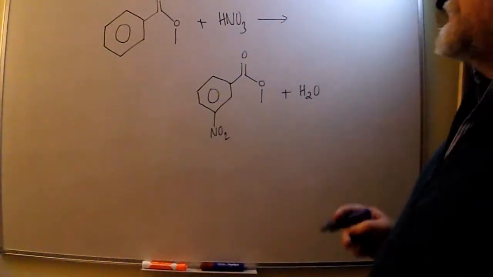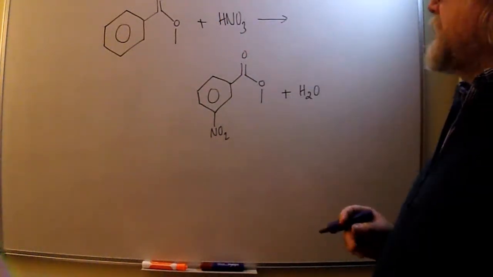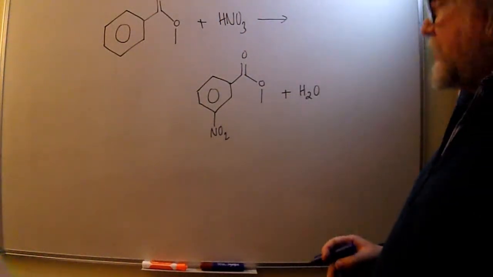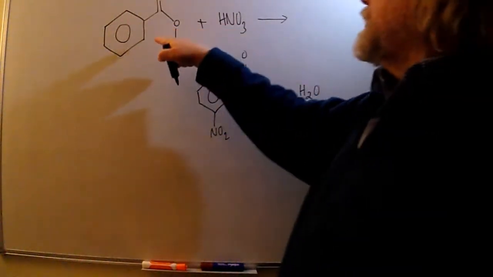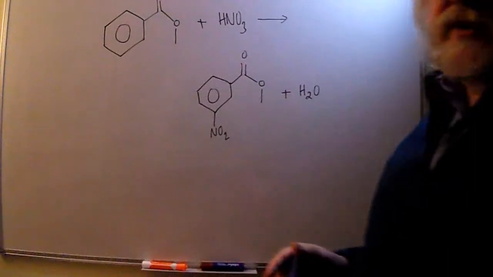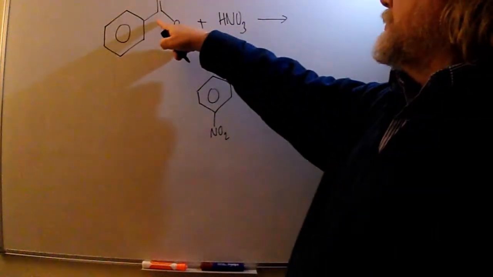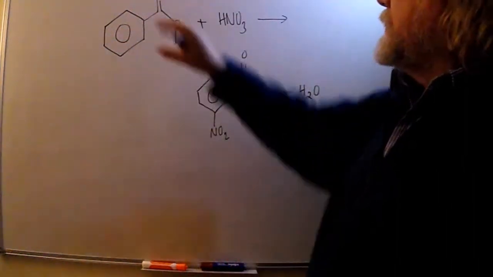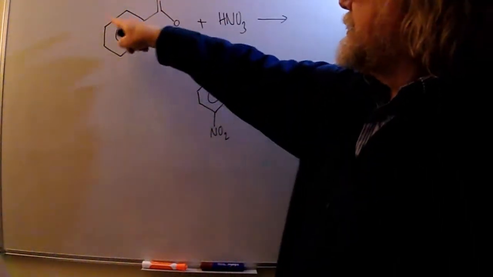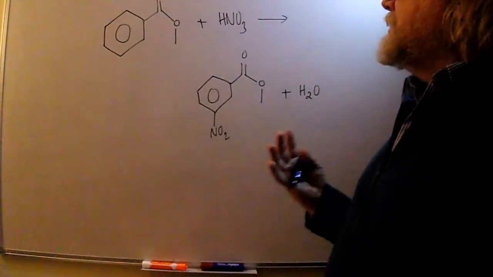Now what it then asks you to do is to compare the rate of this reaction with the rate of nitration of benzene under the same conditions. So again, this is about the effect of having an electron withdrawing group there. So what you need to say is that the electron withdrawing group decreases the pi electron density in the ring. Okay, it's pulling electrons that way,